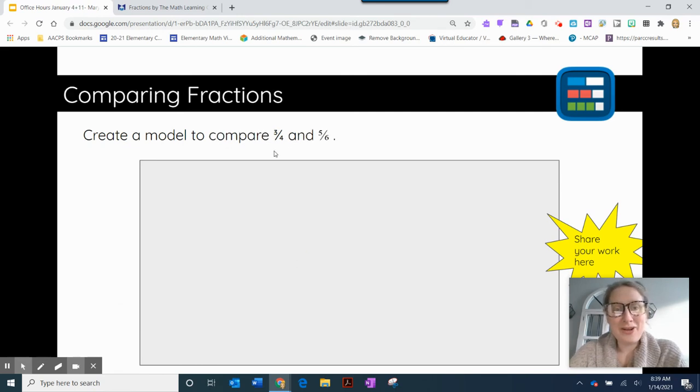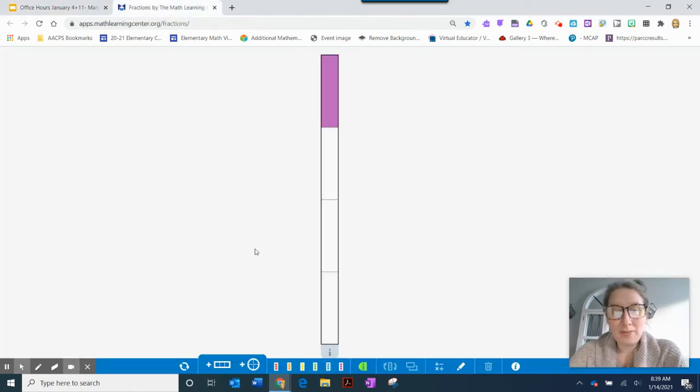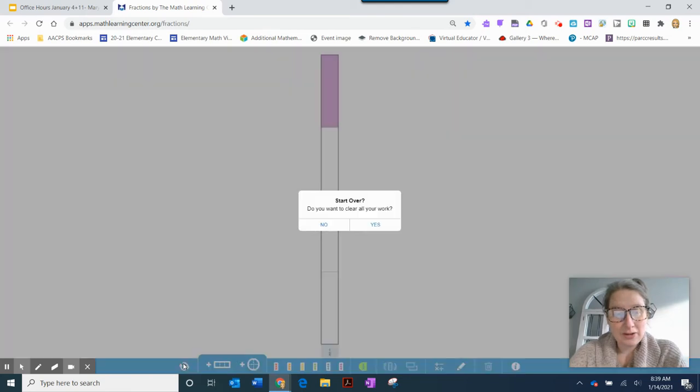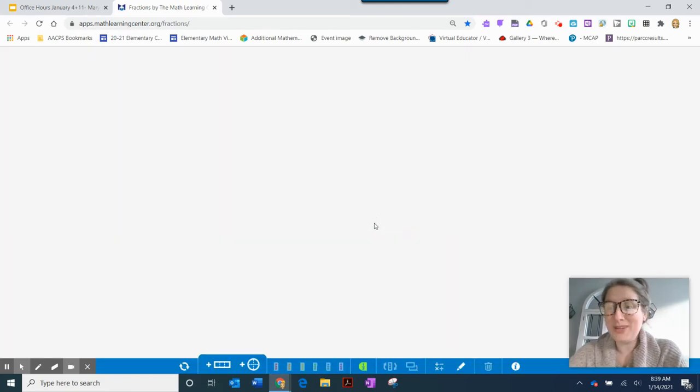Let's talk about now comparisons. So we're going to compare 3/4 and 5/6. I'm going to go back to my fraction app. This little circle down here will help me clear all my work. And I'm going to undo my labels. So if I am comparing 3/4,